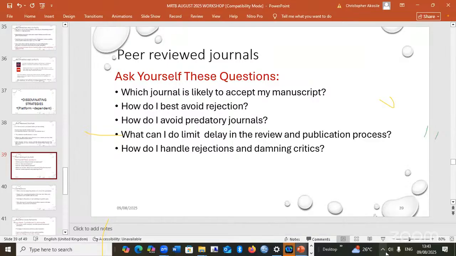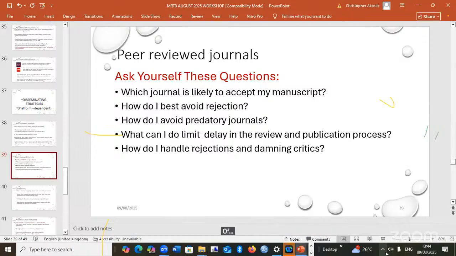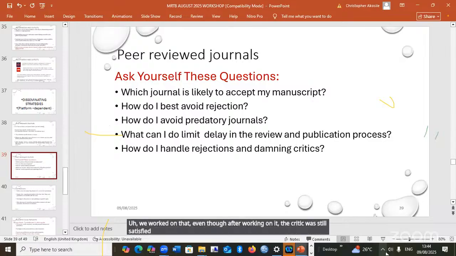But the editor gave us a chance to revise and bring out the international implication of our manuscripts. And we worked on that. Even after working on it, the critic was still not satisfied. But the editor, because we had provided what the editor suggested to us, the paper was eventually published.